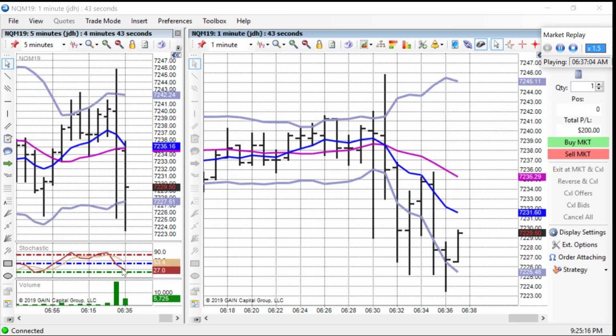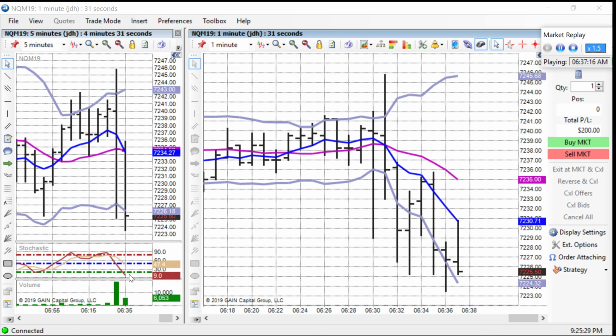You can see it's also trying to dip below the oversold area on the stochastic chart, on the 5-minute chart, or the stochastic graph here. See the green line here? That would be the oversold. And it does, this would be the sell cycle. Right there, if I was really quick,